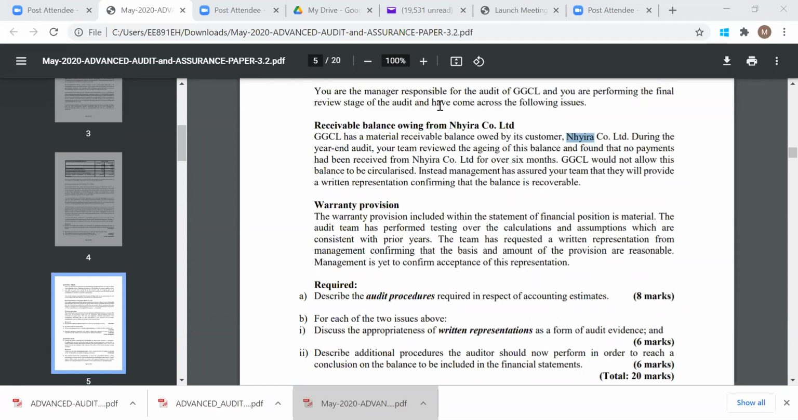Okay. Since we've gotten that, now it says, let's describe the audit procedures required in respect of accounting estimates. I know we haven't gotten here, but let's just say you're an auditor. What are some of the audit procedures you use to audit accounting estimates? I agree that we haven't done this, so